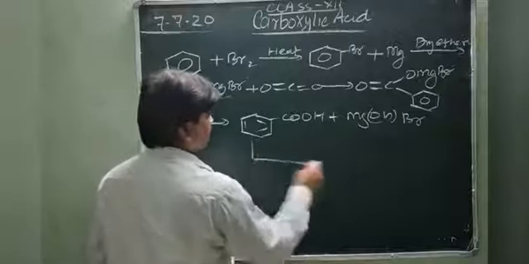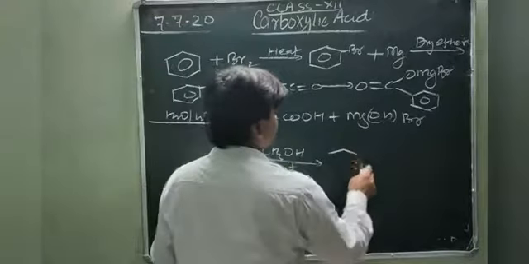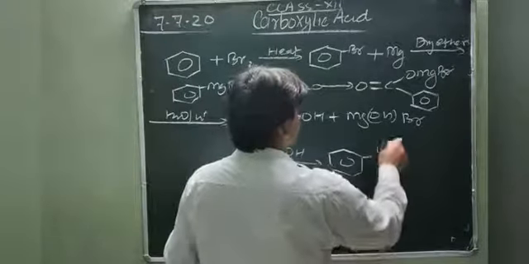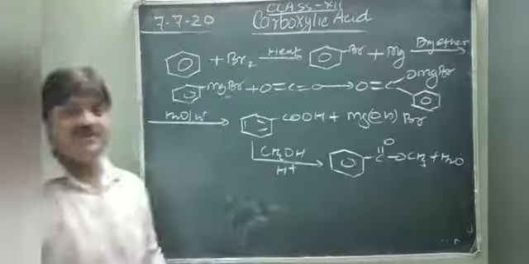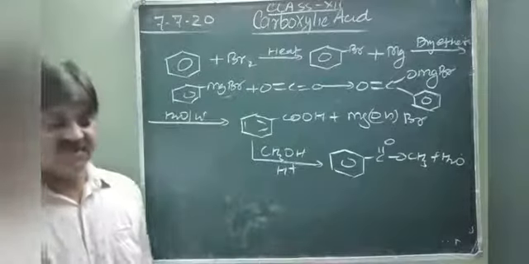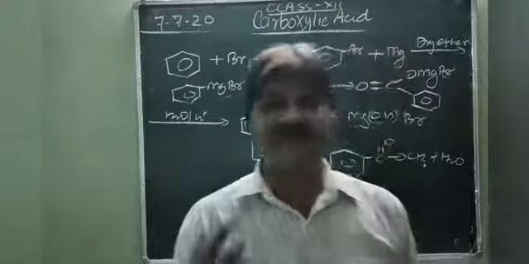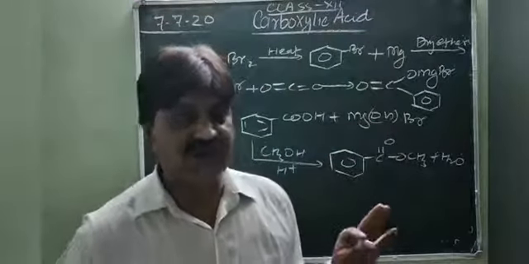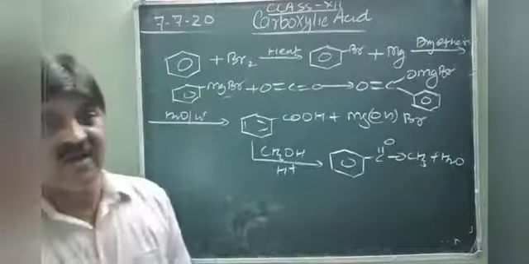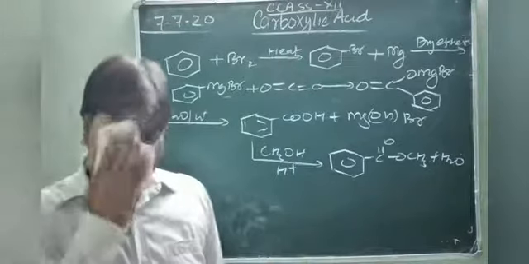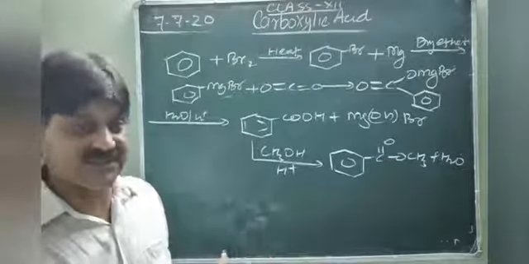So this benzoic acid is treated with CH3OH in presence of acid. This is the formation of COOCH3 plus H2O. So this is the conversion of benzene into the methyl benzoate. Very easy. First, you should try to understand from which reagent the given compound can be prepared. Don't think about from which compound is given to prepare it. First, try to understand from the preparation part how this compound can be prepared, and then it is very easy to convert the given compound to the particular substance.